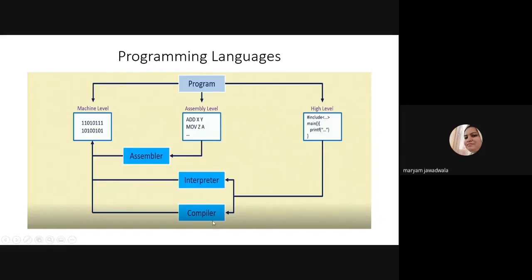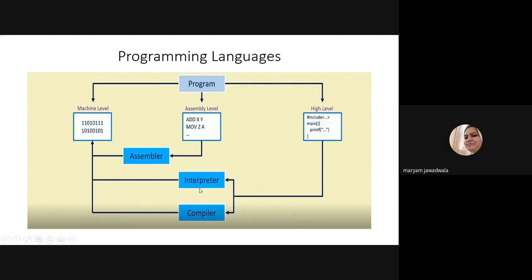So what is the difference between compiler and interpreter? The compiler is software which converts your entire high level program in one go to machine level. The job of the compiler is to first remove the errors present in your high level program and then convert it into machine level language. And what is the job of the interpreter? The interpreter takes one line at a time from your program and converts it into machine language.